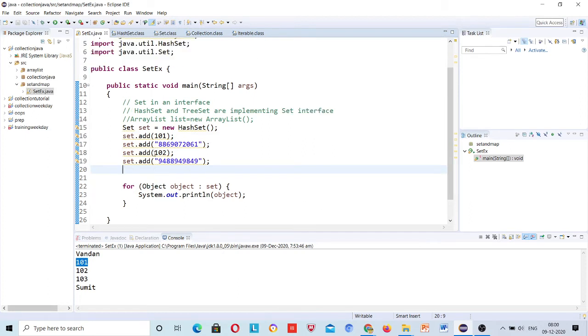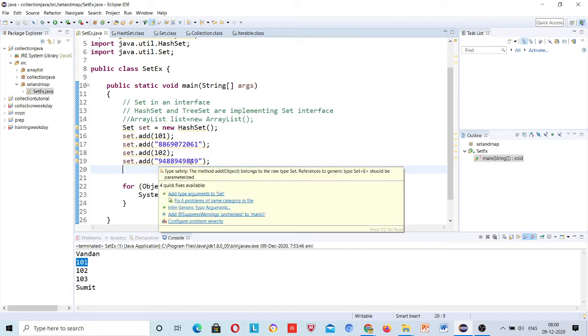But first we need to understand when to use the array list, when to use the set, right? So if you have to store unique values, unique information that you want to store, and you don't want to store duplicates, go for set, otherwise go for array list. Because in set, if you try to store any duplicate value, actually you will lose that value.